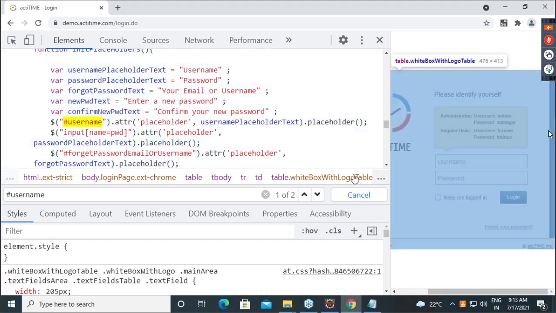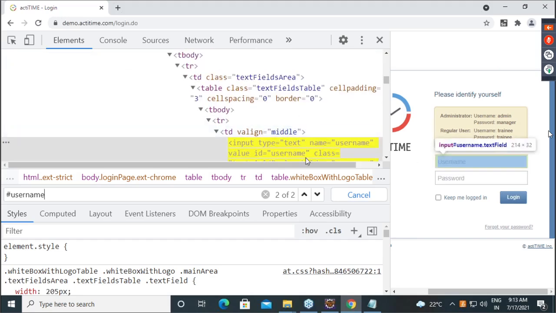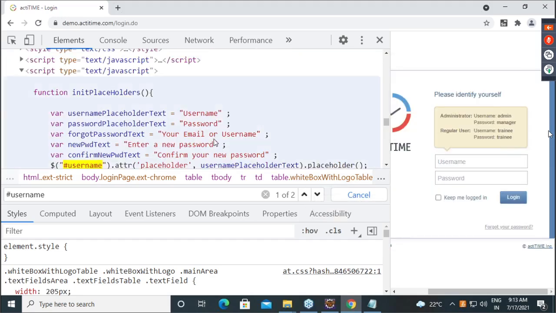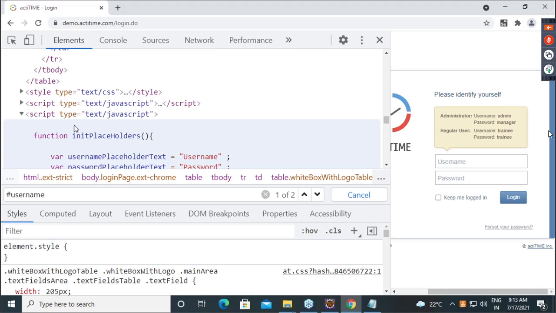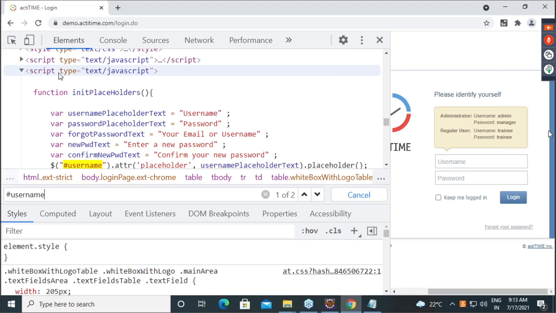Another matching is our username. So now see, when it is showing one matching, just try to get, guys, this is available under script. Where is it matching exactly? Under script. So basically this is not HTML, this is JavaScript code, guys.